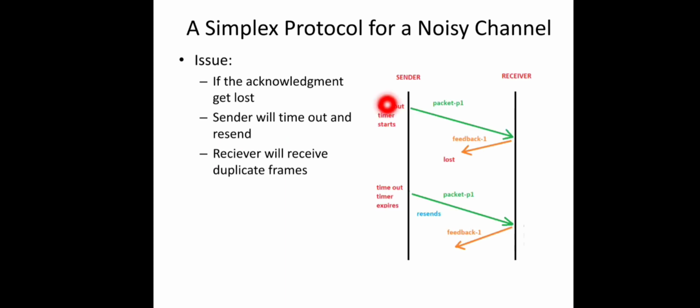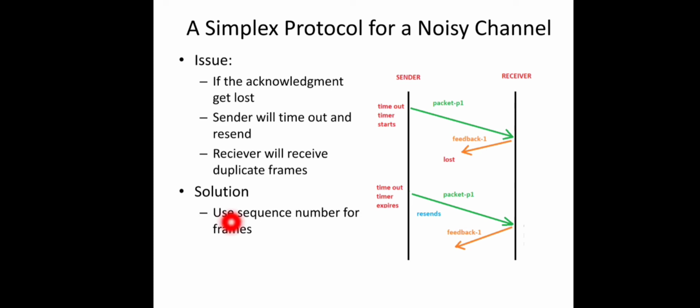You can see here the sender sends a data packet. It is correctly received at the receiver and handed over to the network layer here. The receiver sends an acknowledgement back to the sender, but it is lost. The sender times out and retransmits the data. So what happened? The same frame is received twice. So duplicates are there. How to solve this duplicate problem?